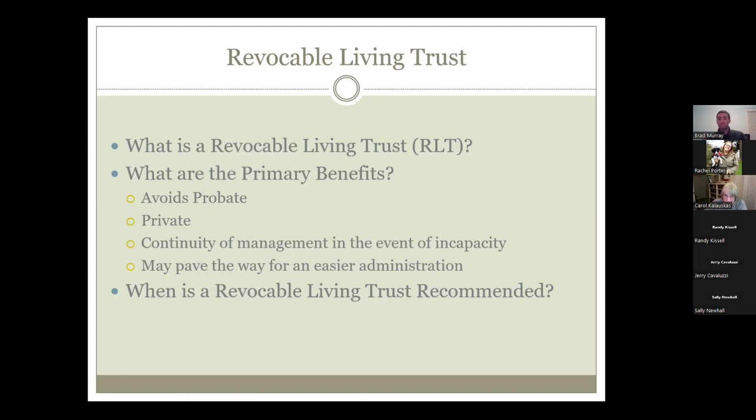Like I said, our first topic is the RLT, the revocable living trust. This is essentially an entity. Similar to how your will controls your probate assets, this is for non-probate things. You can fund an RLT with almost anything. A common asset to fund it with would be bank accounts or a house. And obviously the primary benefits are that you avoid having to go through the surrogate's court, having the court have oversight over it, and that once it's set up, it's not deemed invalid